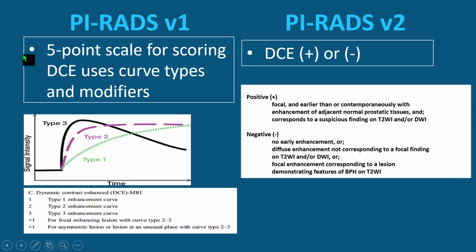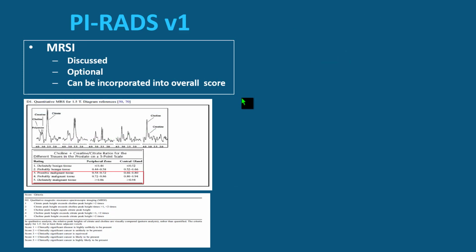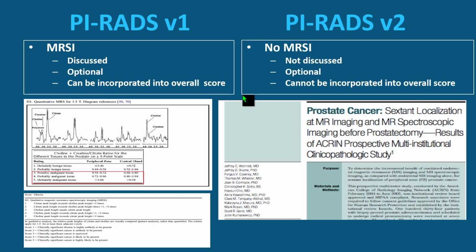So this is different. In PI-RADS version 1 it was a 5-point score, now it is a simple yes or no. That means that we are a little bit devaluating the use of DCE. Forget about spectroscopy, it's nice, it's very good, and if you can do it in the transition zone, for equivocal tumors, it may obviate the use of biopsy, but it's not being used in PI-RADS version 2.